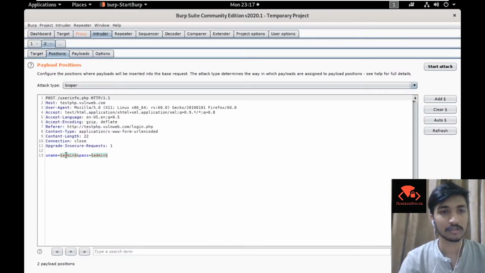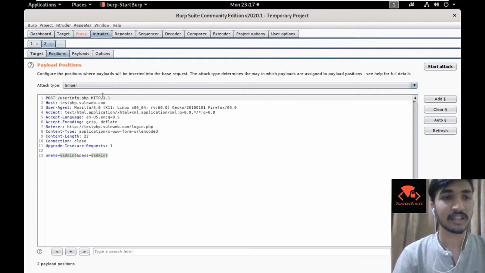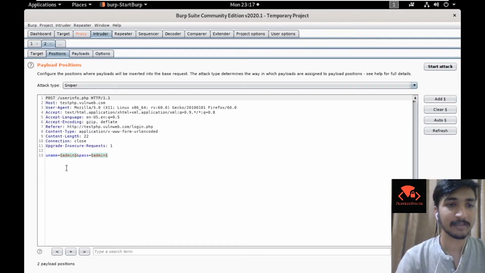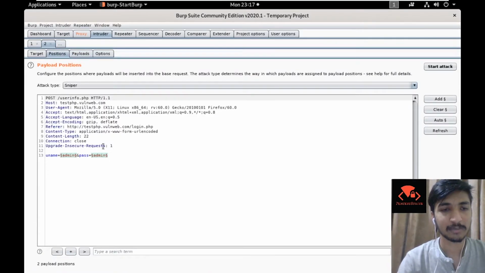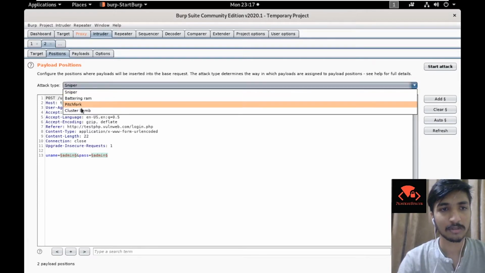It works like this, that sniper uses the same credential for both of these. So it would take a single list and then try admin, password, 123 and similar for both of these. So this is about sniper.